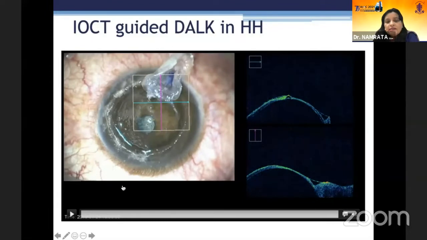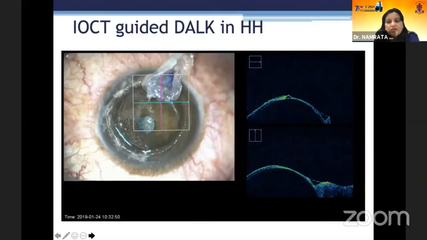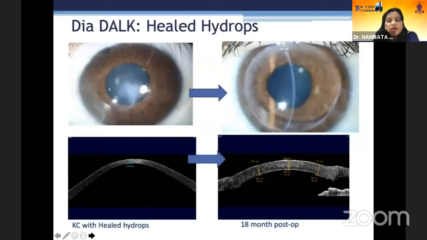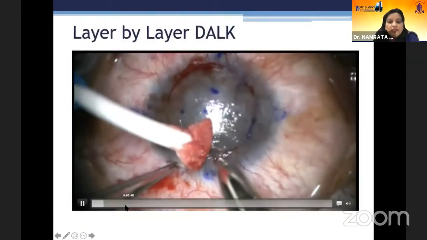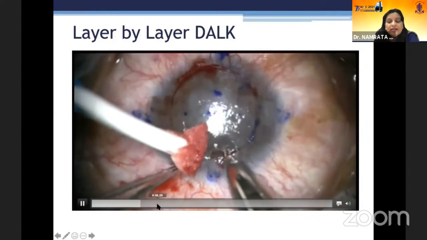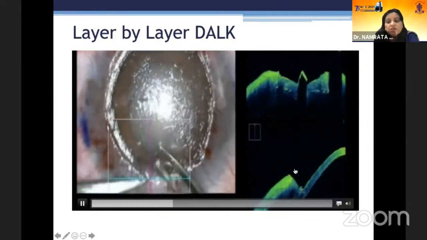But because it is paracentrally located, it doesn't hamper the visual acuity so much. And this is just to show the same, that the paracentral scars do move away from the visual axis. Now, in case of a layer by layer DALK, again, it helps because the adjacent tissue which is present here,